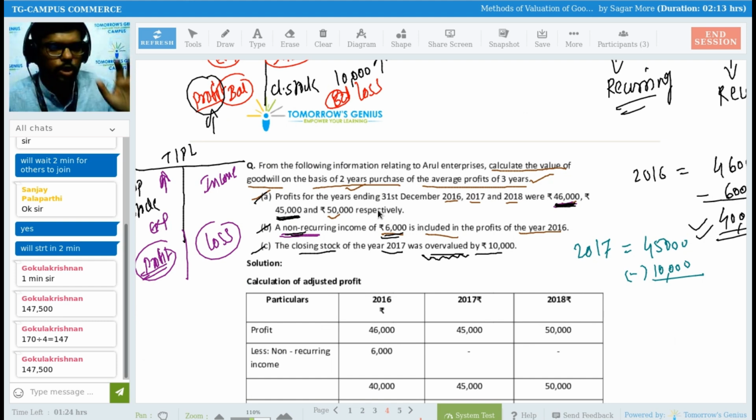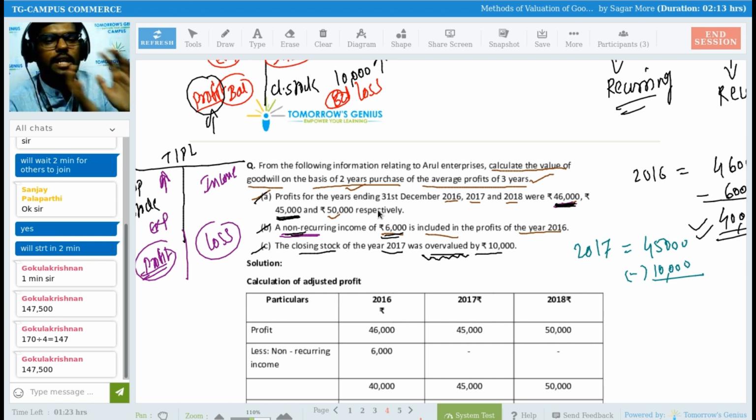See, it is simple. You have recorded on the debit side one expense. Forget about the opening, forget about the overvaluation and everything. Suppose, Sanjay, you recorded on the debit side 10,000 as salary to your worker, and it is wrongly written. Actually, this expense you have never incurred, but you recorded it on the debit side. Now tell me, if you recorded one expense on the debit side which is wrong, it means your profit is not correct. It is less by 10,000. Now if you are removing that expense, your profit will get increased by 10,000.